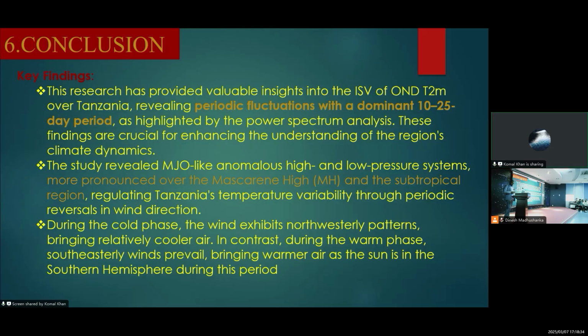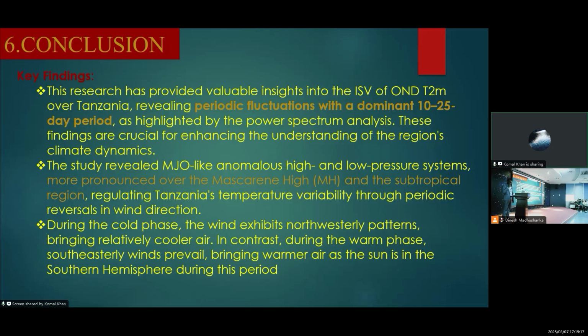Conclusion. Key findings. This research has provided valuable insight into the intraseasonal variability of T2 meter, the surface temperature over Tanzania, revealing periodic fluctuation with a dominant 10 to 25 day period, as revealed by the power spectrum analysis. These findings are crucial for enhancing the understanding of regional climate dynamics. The study revealed MJO-like anomalies, the high and low systems we saw in geopotential height,